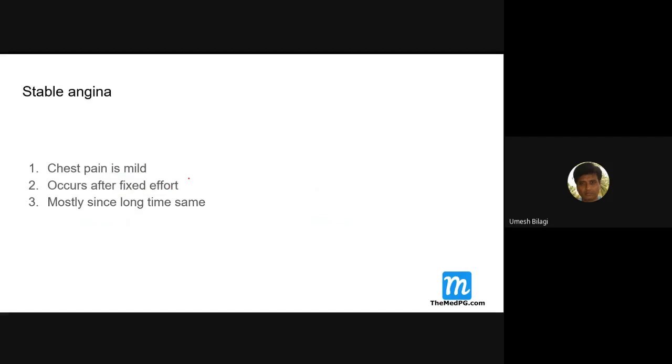If the patient has been getting chest pain for a particular quantity of work since many days, then this patient is stable with these symptoms, and he is classified as stable angina. For example, a worker who walks 200 meters gets chest pain, rests for 5 minutes, and is then able to continue. If this has been happening since the last 1 year or so, then he is a case of stable angina. Mostly it is the same thing since a long time. Nothing much is happening there.